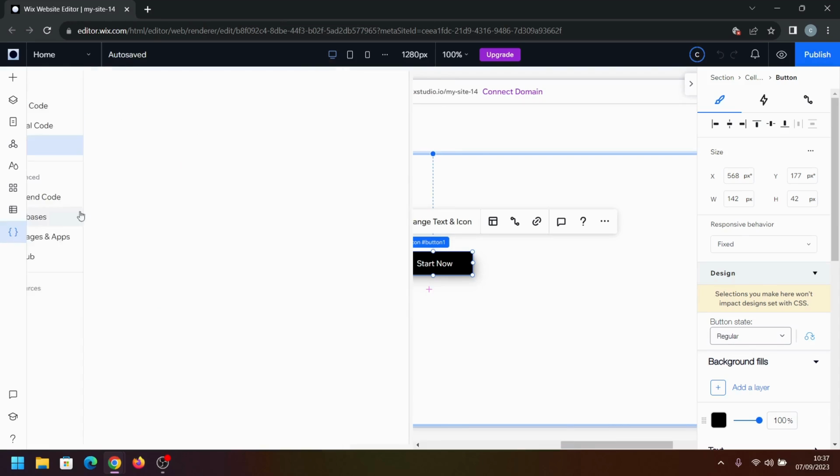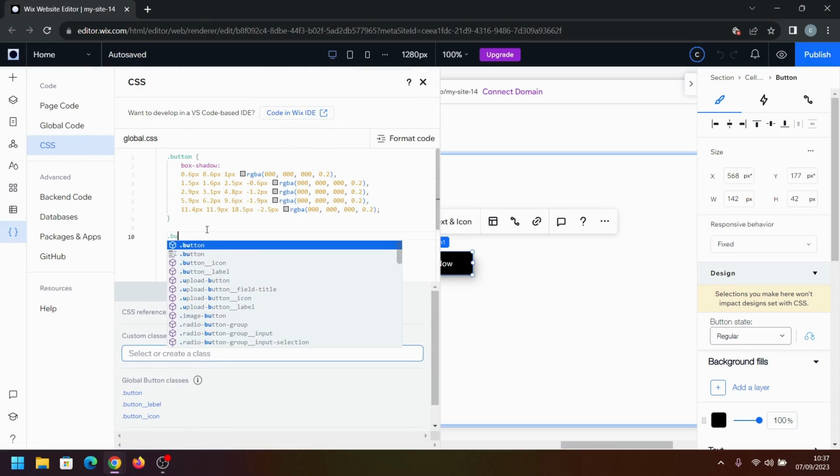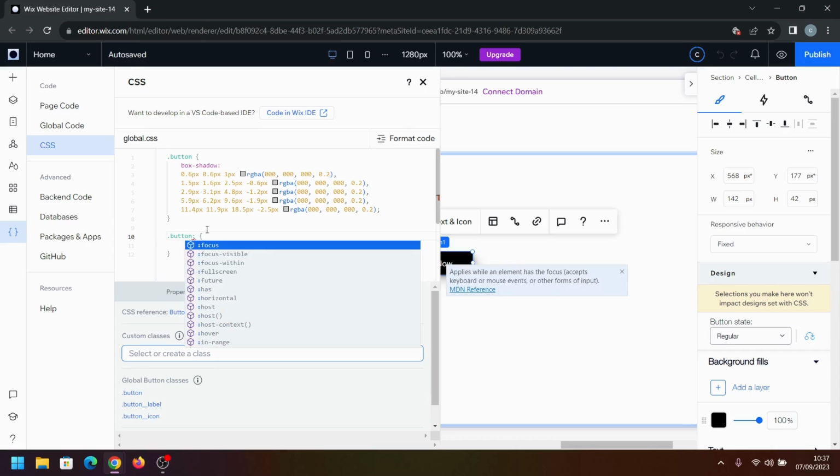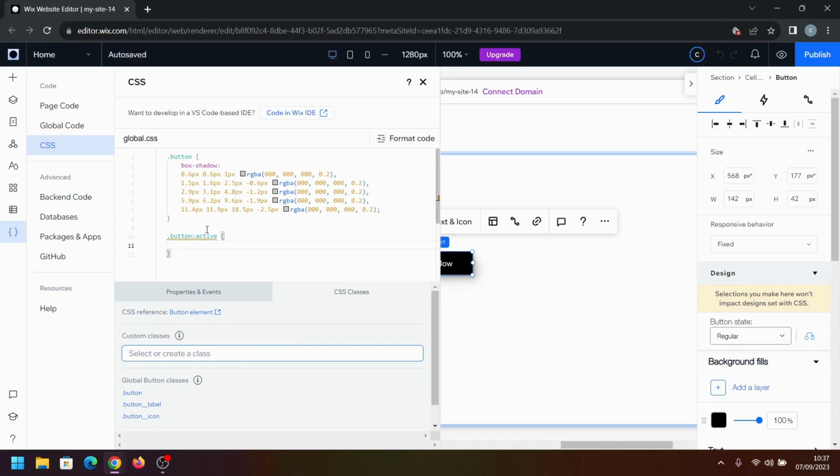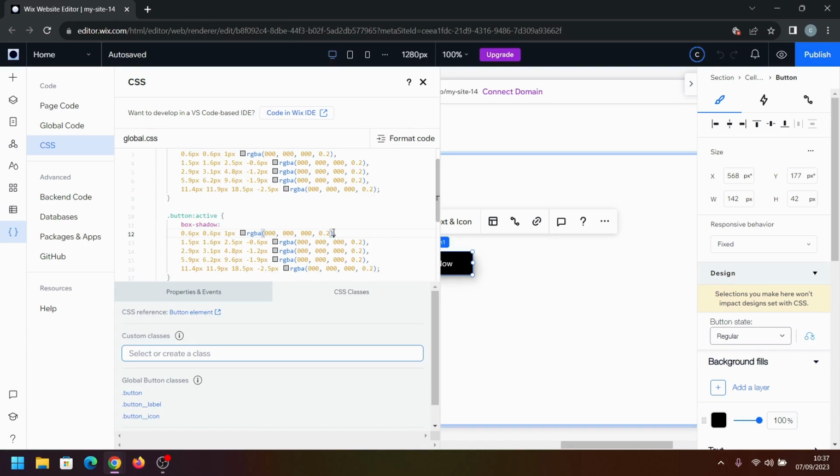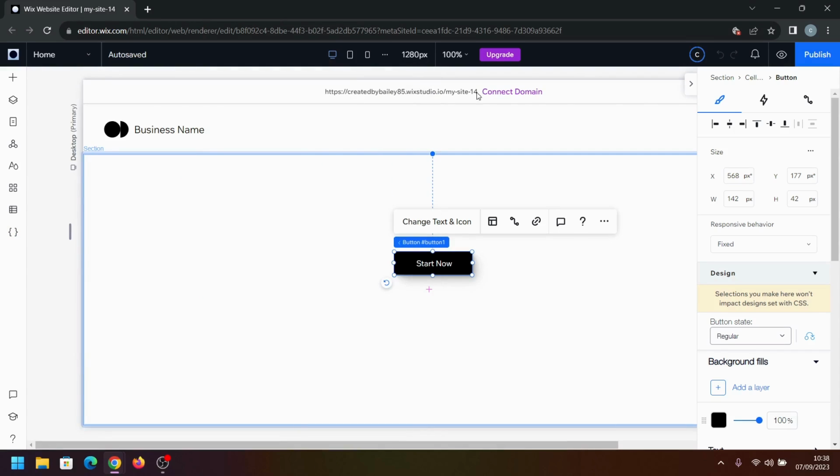The next thing we're going to do is target the button again, but this time we're going to use the active option, and this basically means that whenever this button is being pressed, this class information will apply. So I'm going to copy this box shadow over again, and we will paste this straight in here. And now I'm going to click there. If you hold Alt and click, you'll get another line, so you can type on all the lines in one go. And then we're going to set this to inset. What that does is it will now take the shadow from the outside and set it onto the inside of the button. So if we close that and click preview,